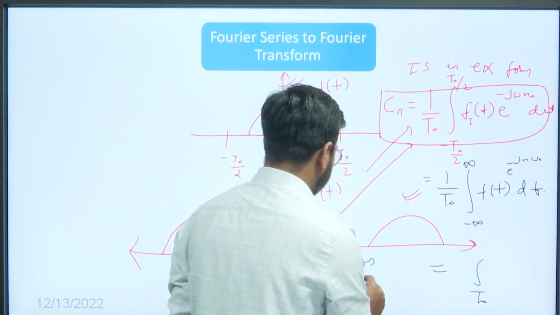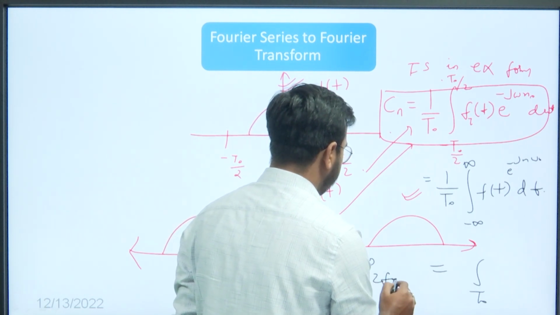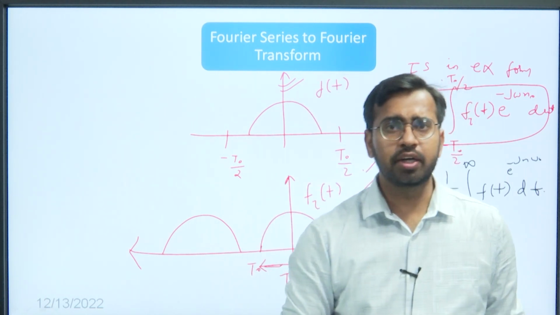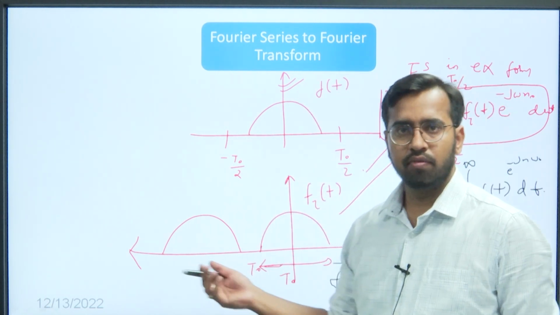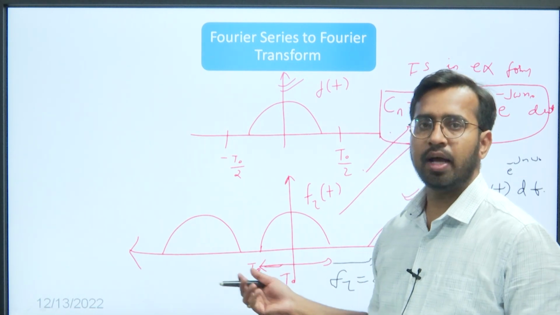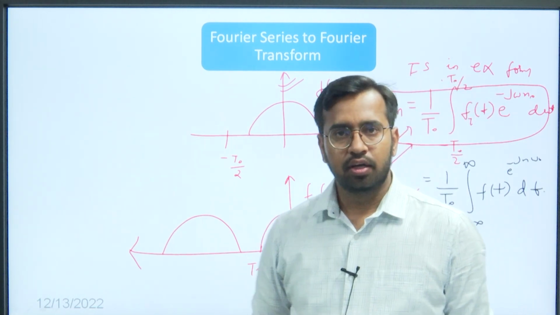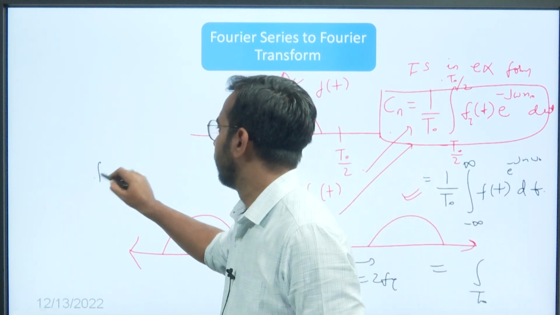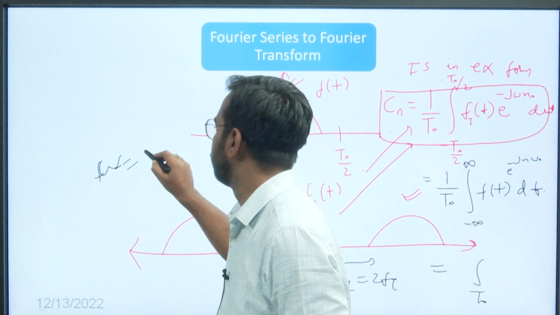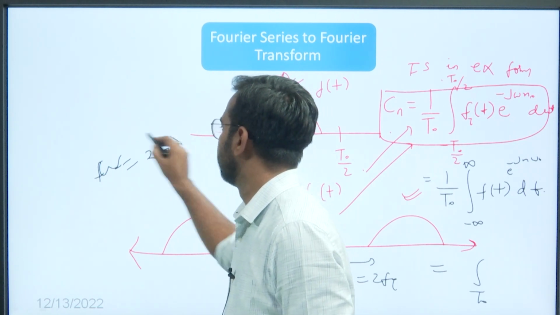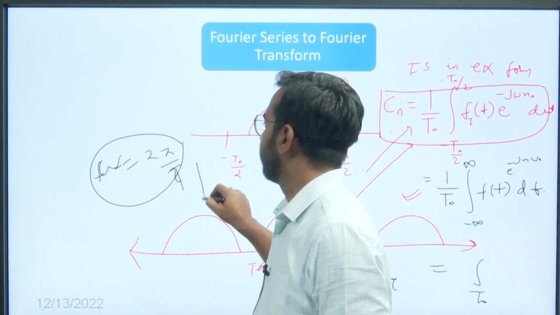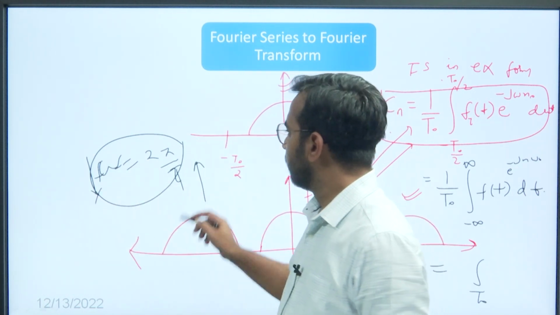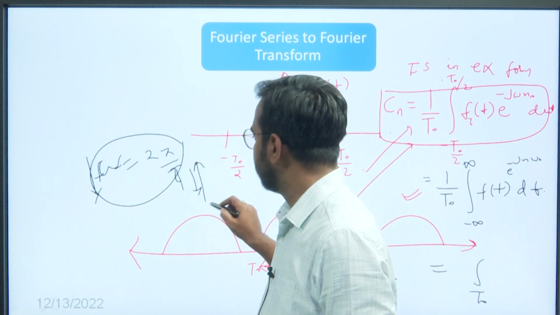Let us make f(t) equal to 2f(t). So what will happen? The signal will be a little closer. Again, the frequency will get reduced if you increase the time period, or increase if you decrease the time period. What is the relation? Omega is equal to 2 pi by T. So if you increase the time period, omega, the frequency, will reduce. Similarly, if we keep T equal to infinite,